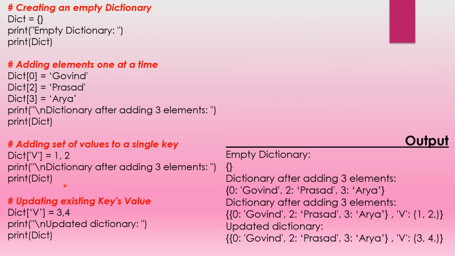So we want 3 comma 4 instead of 1 comma 2, so we will directly write 3 comma 4, whatever you want. So now it will be written as print updated dictionary. So this will be in the output, updated dictionary. So print dict. Now you can see here, this is the first set of dictionary, then here it is directly changed, we just have to change from 1 comma 2 to 3 comma 4 in assigning the values to the key. So you can see here, without any problem it has printed. So now let's move forward.